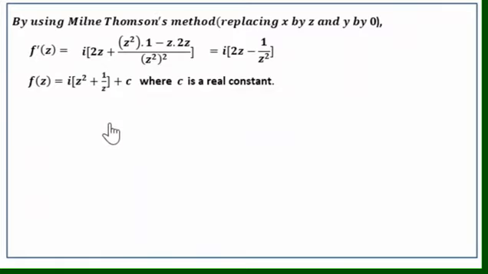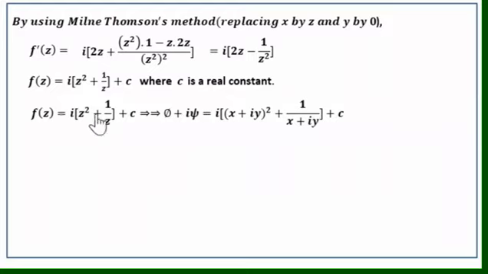Now for the second part of the question, we need to find phi, the real part of w equal to phi plus i psi. We start with f of z equal to phi plus i psi, and on the right hand side we take z equal to x plus i y. So we get this. To find phi now, we shall separate the right hand side into real and imaginary parts.